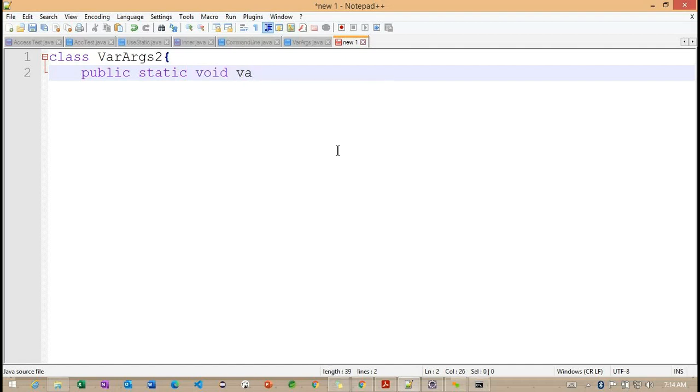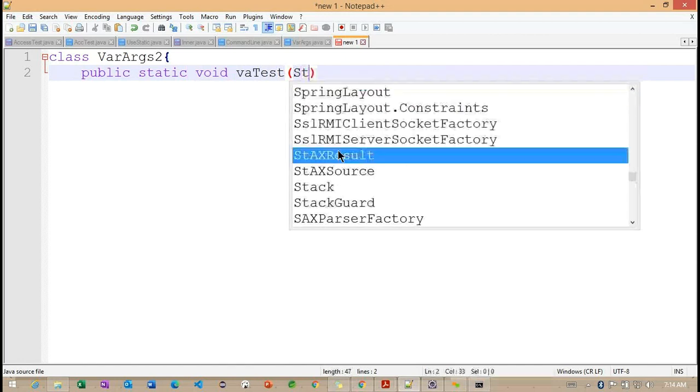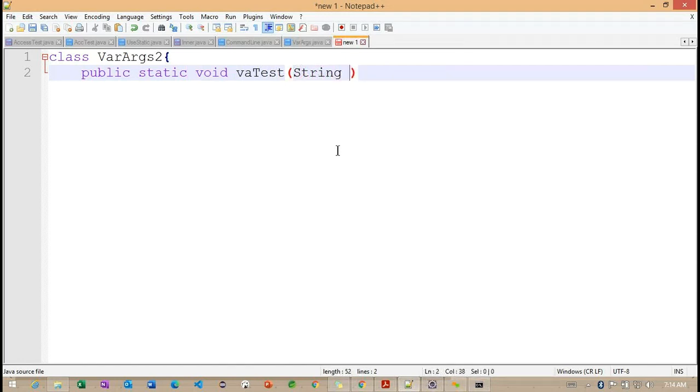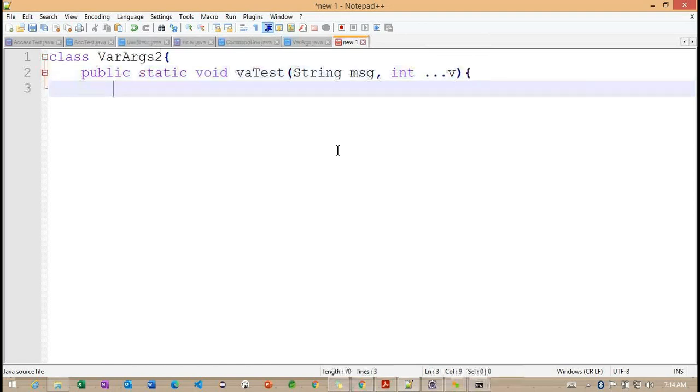I'm trying to define the same method, VA test, but this VA test is going to take one more parameter, a string message, and an integer. One more parameter I'm trying to pass as a var concept here.